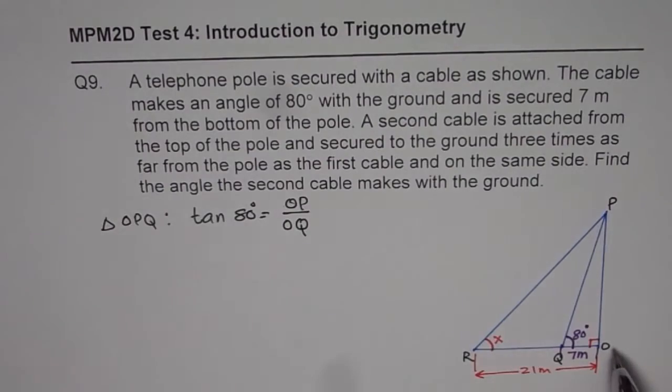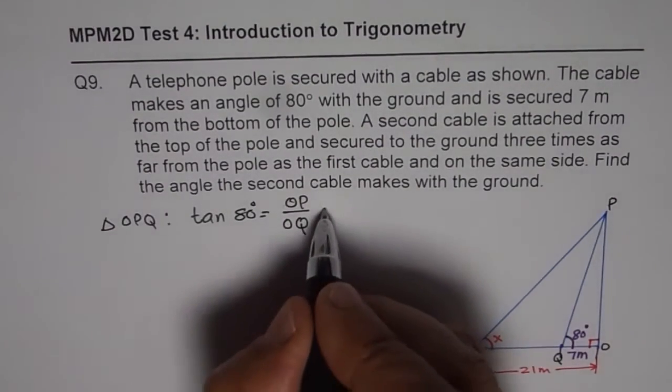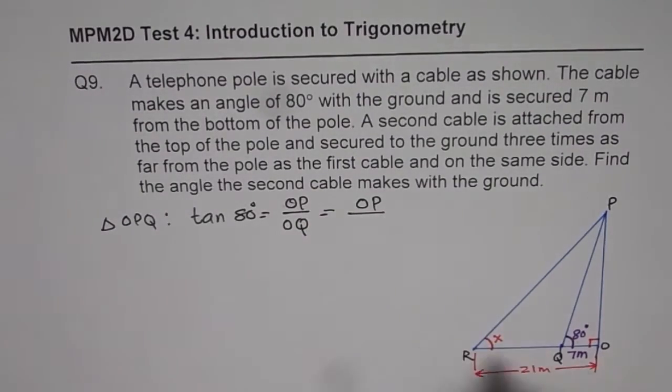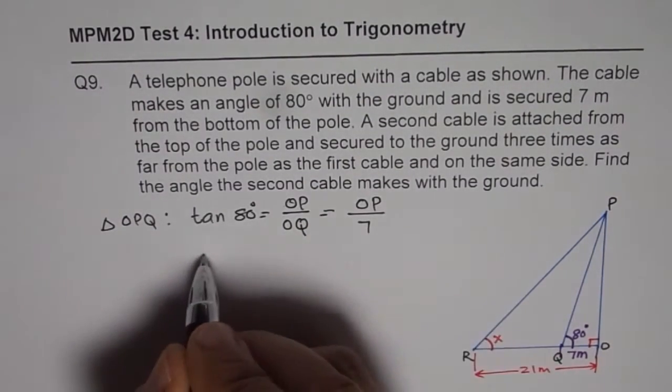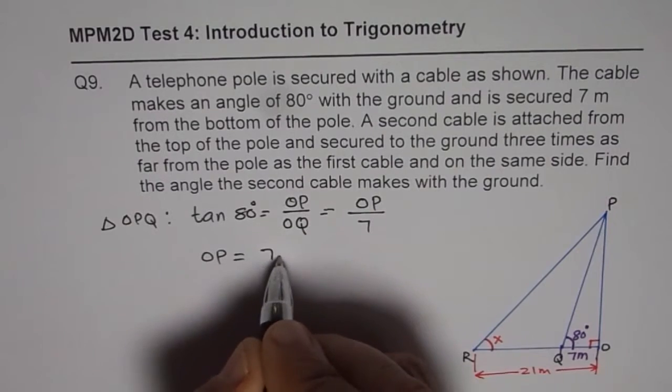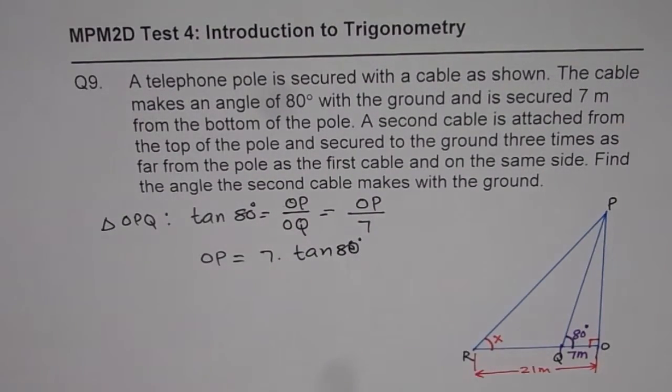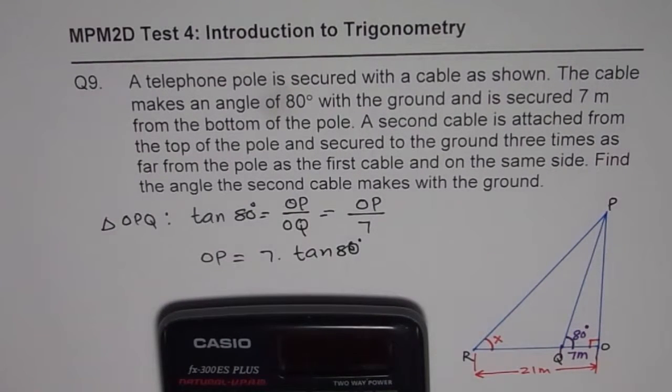Now from here we can find what OP is, right? Let me first write the value of OQ, which is 7 meters. So OP is equal to 7 times tan of 80 degrees. So let's use the calculator to find it out. So 7 times tan 80 equals